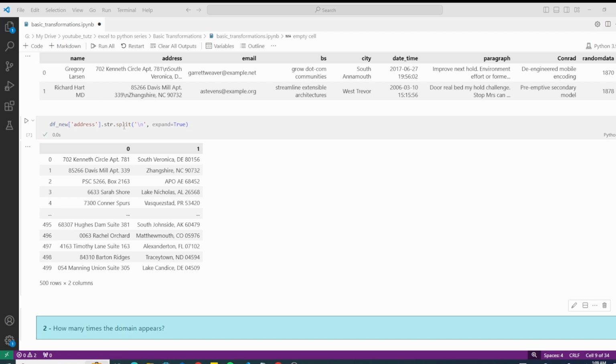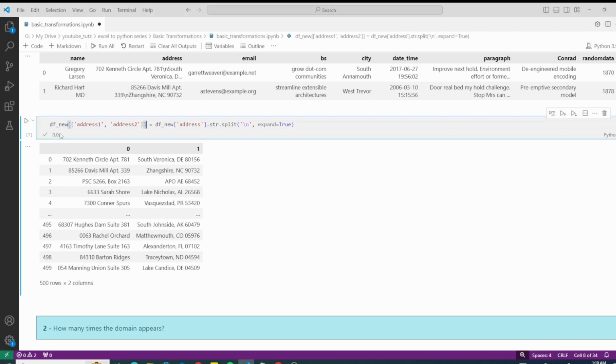Keep in mind that this line will get the job done, but it's not going to save these 2 new columns to the original data frame. To do that, we will put 2 new columns on the left side of the equal sign. So let's put an equal sign, and on the left side, we will give 2 new columns. We will say df, then type 2 square brackets. One square bracket is for selecting the columns, and the second is for giving a list, because in Python you have to give multiple values within a list. You cannot give multiple values without using a list.